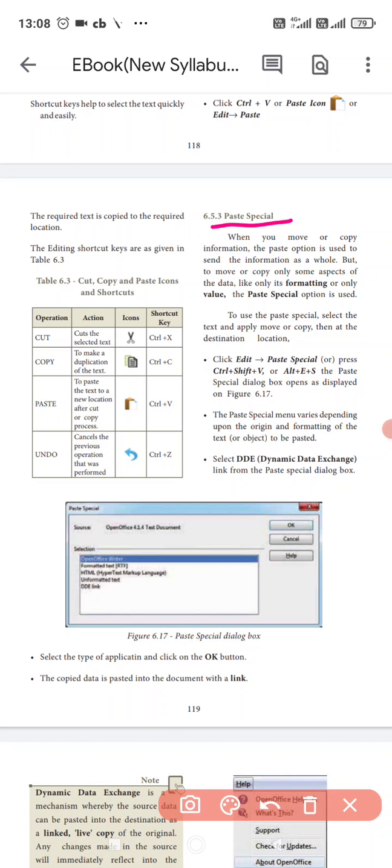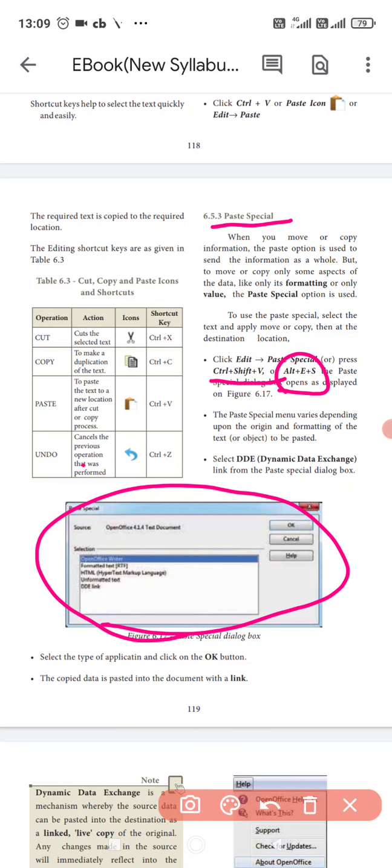How to use paste special: first you select the particular text or table, then Edit, Paste Special, or Control plus Shift plus V, otherwise Alt plus E plus S. This dialog box appears, and there is also a DDE link option, DDE meaning dynamic data exchange.